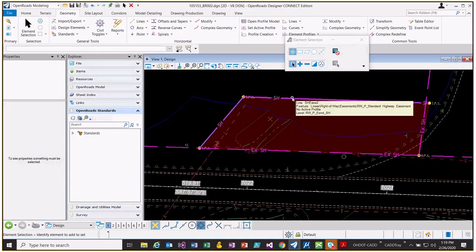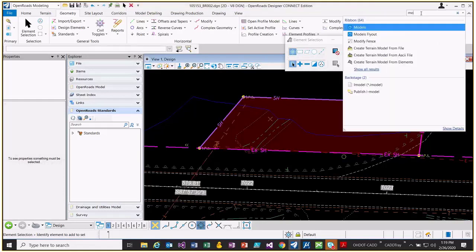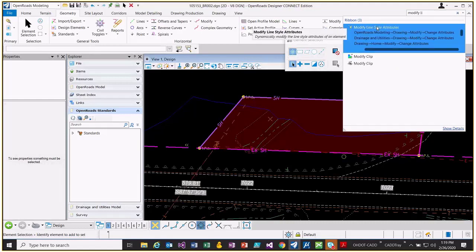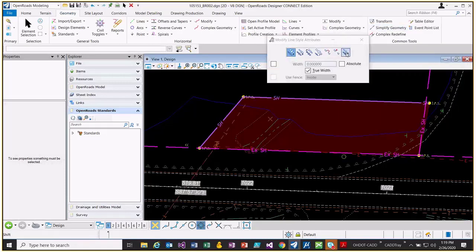Okay, now I can do a line style shift on this line style with the SH is running off. I don't remember where that command is, so if I use the search ribbon, I can do the modify line style attributes. So that looks like it's under Open Roads Modeling, wherever. So the modify line style attributes command can be used to shift that if I need to slide that a